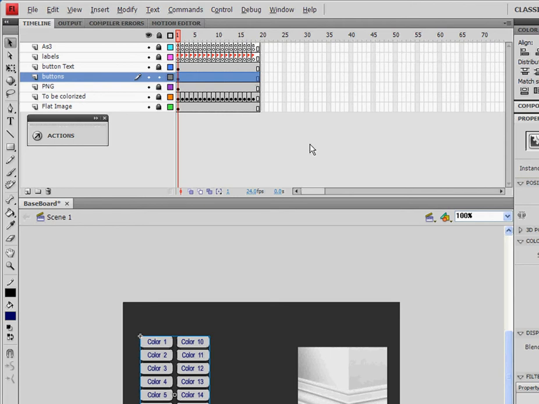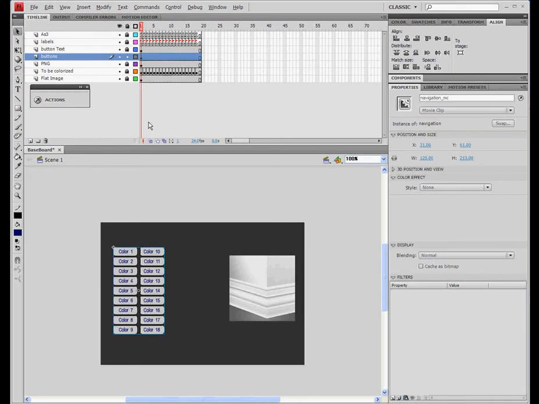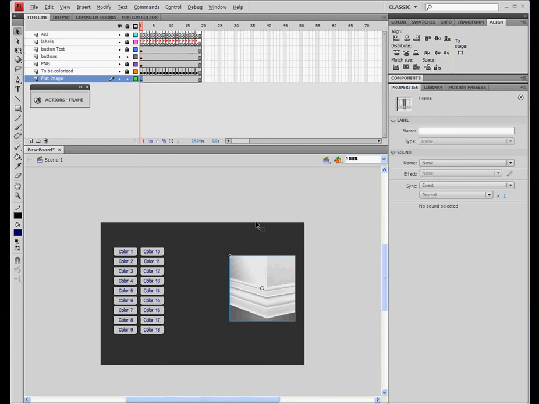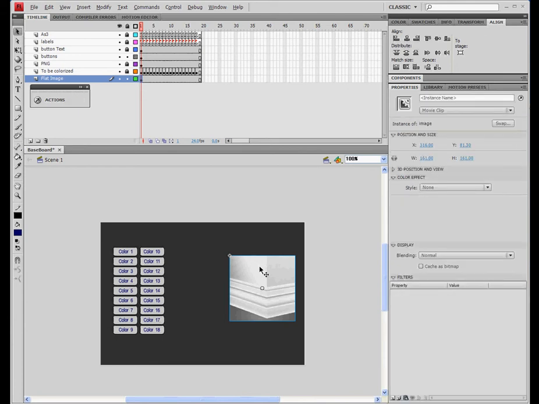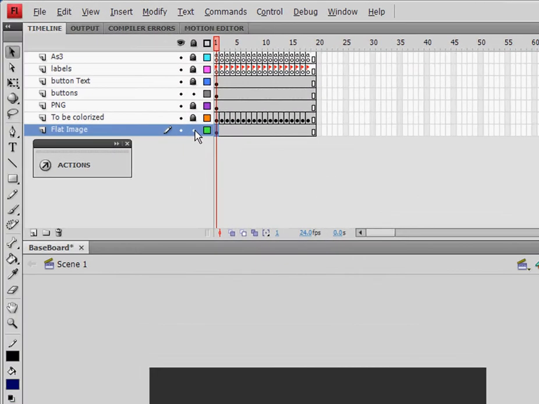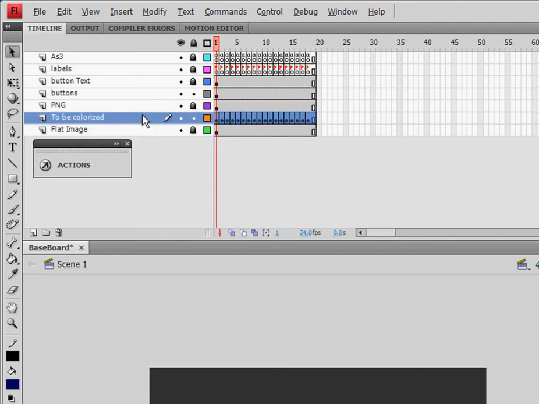After importing all the images here, the background image, the solid and the transparent PNG files we created in Photoshop, I put a flat image, which is just the regular image, on the stage. I converted it to a movie clip and named it image. Then on the be colorized layer here, you can see that